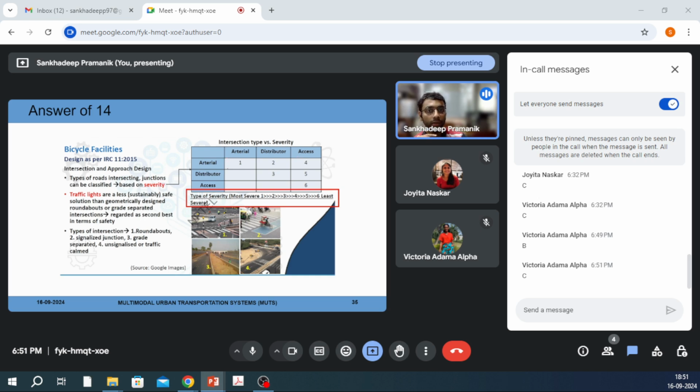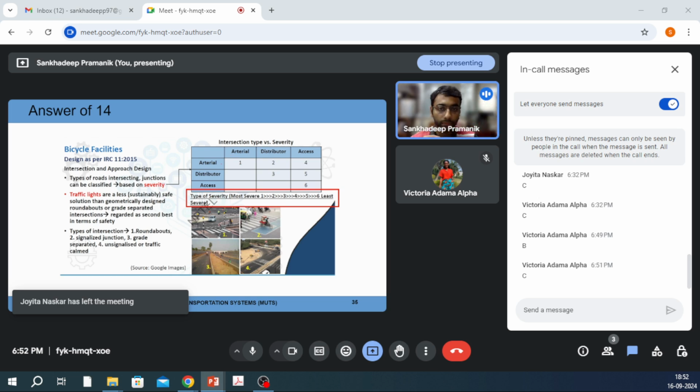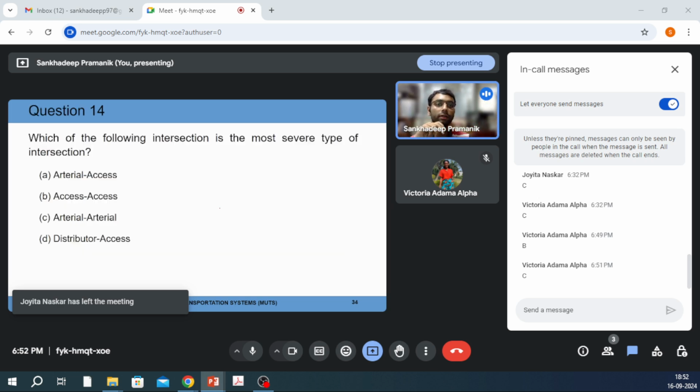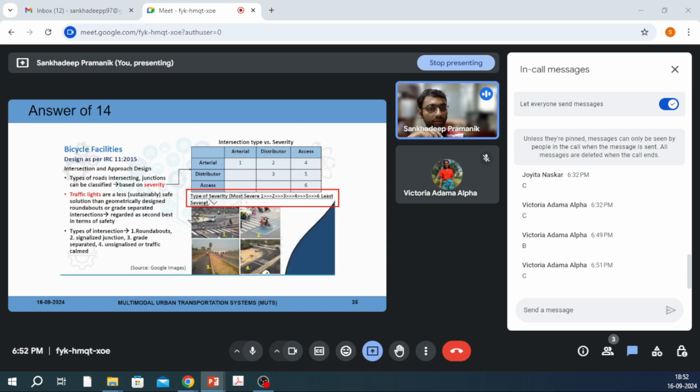And the severity of intersection increases when arterial is quite a major type of road. So the severity of different intersection increases with the type of road. So in this case, the most severe type of intersection will be arterial, this one, and the least severe is access to access,